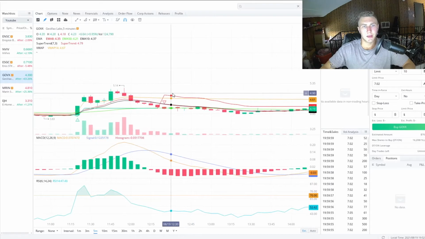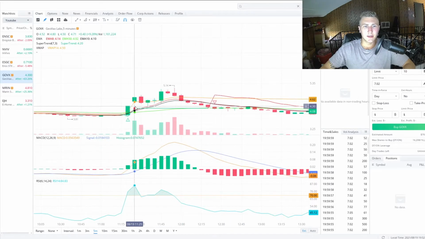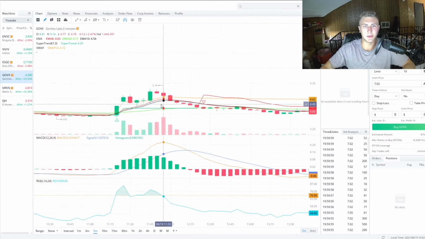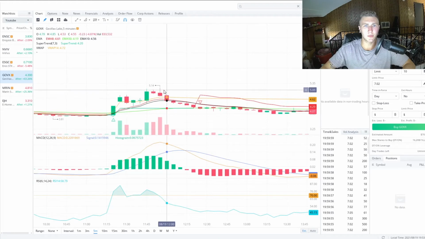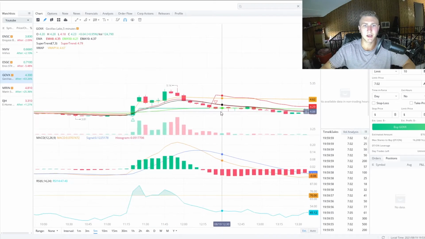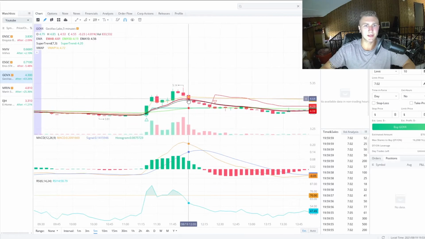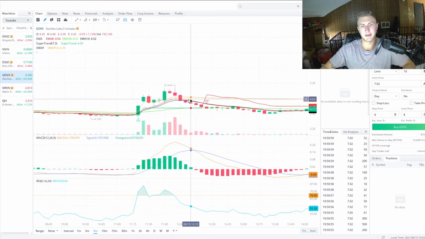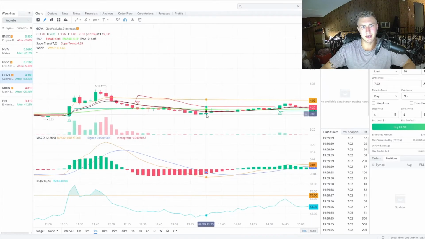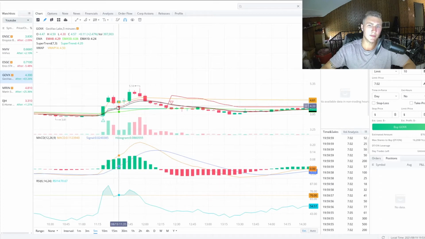And then some chat room or something was clearly pumping this. As you can see, it was just heavy volume, but it could not move. And then this right here, it had 1.4 million. It spiked to a new high of day and then just instantly dumped from there. So someone was clearly pumping this, and then once it reached their target, they sold, they were out, and then the rest of the people got dumped on, and it ended up dumping to 3.94. So even if you did fill at 4.3, just make sure you have reserves up here to fill,